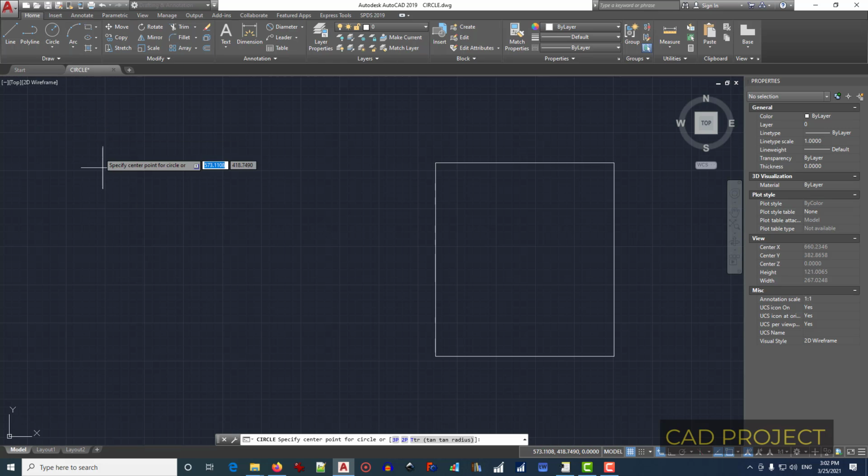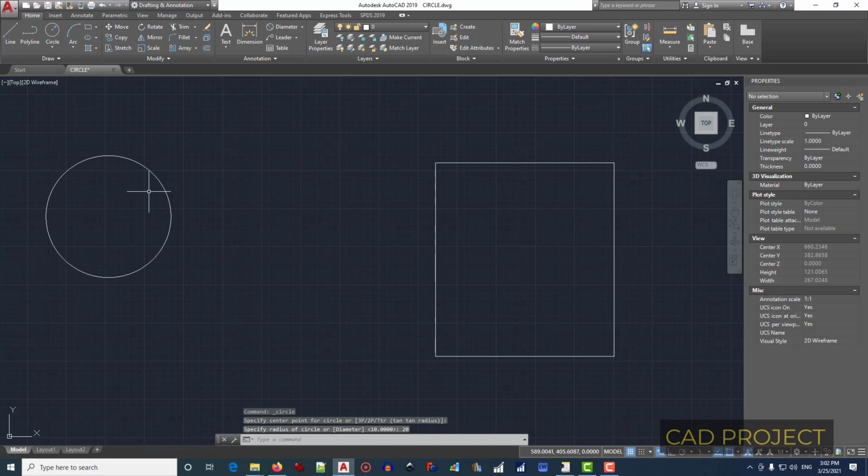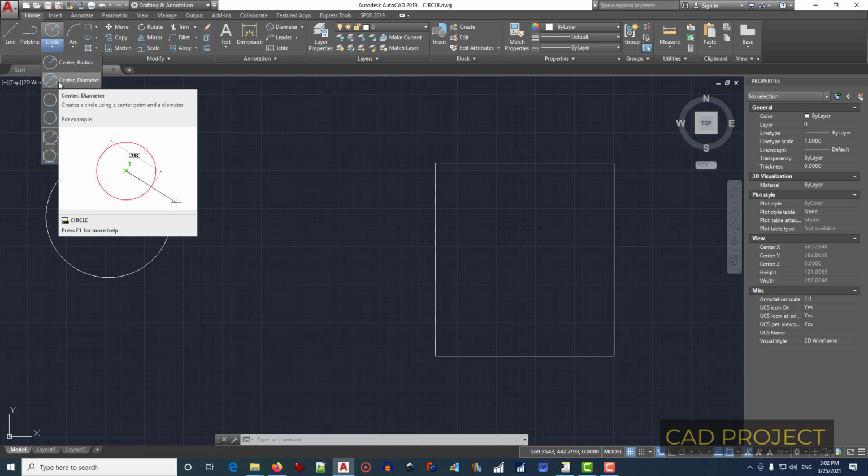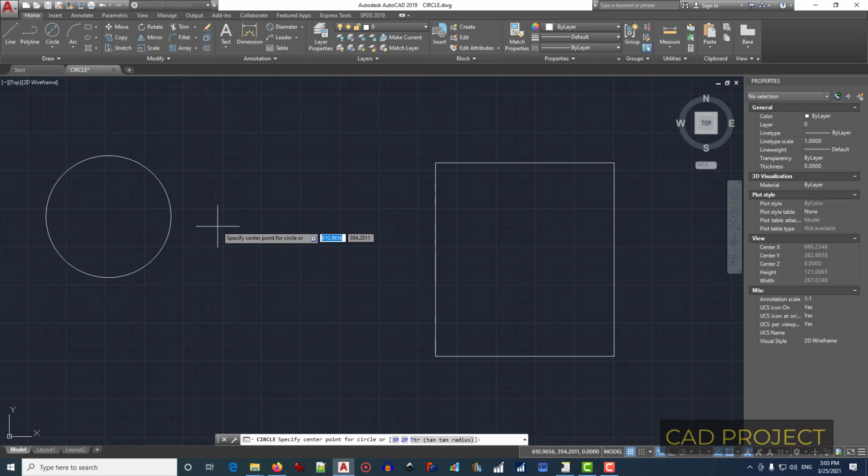Let's select it. Select the center of the circle. And we can input the length of the radius, like 20. Press enter, and we have the circle. Now the second option is center diameter. That means from center, a double distance. Now we select the center,